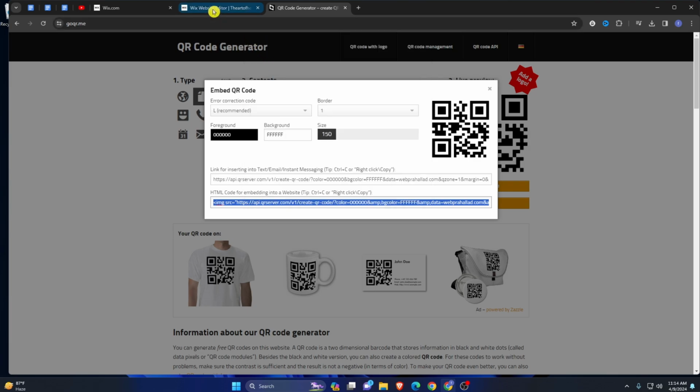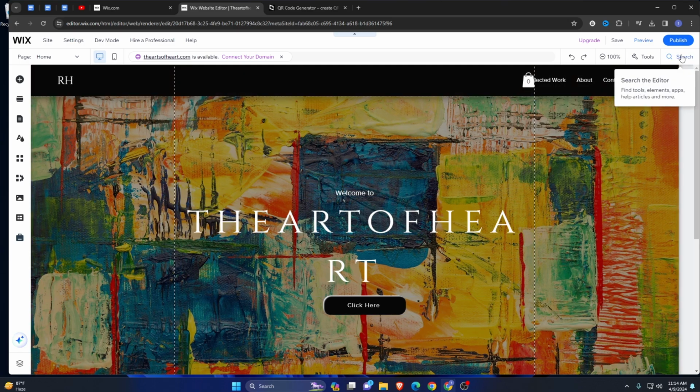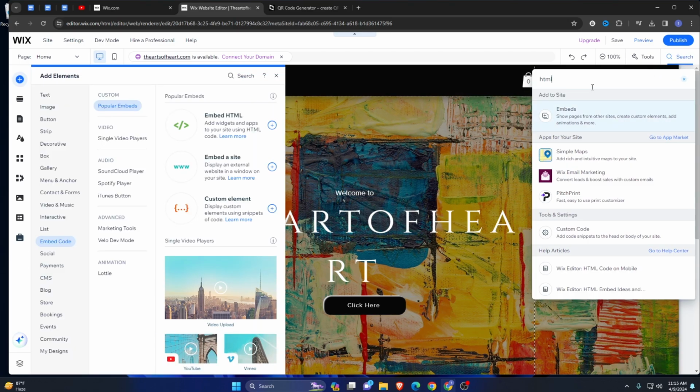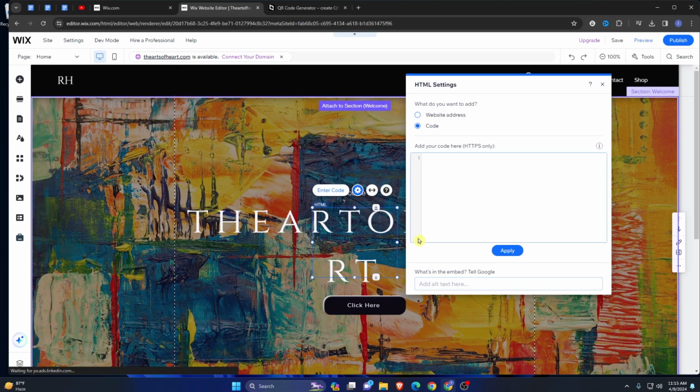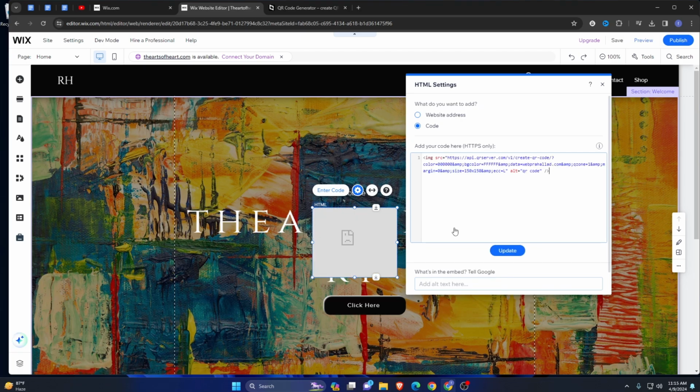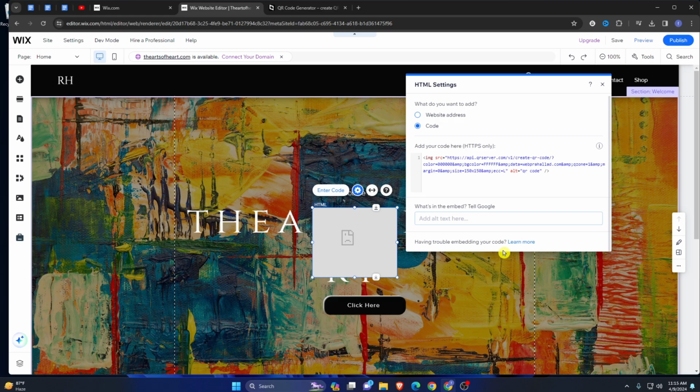Now go back to our Wix website and here search for HTML, and we are going to use this. Just click on this, and then on the left side here you can see embed HTML. Just click on this. Now paste the link, click on update,